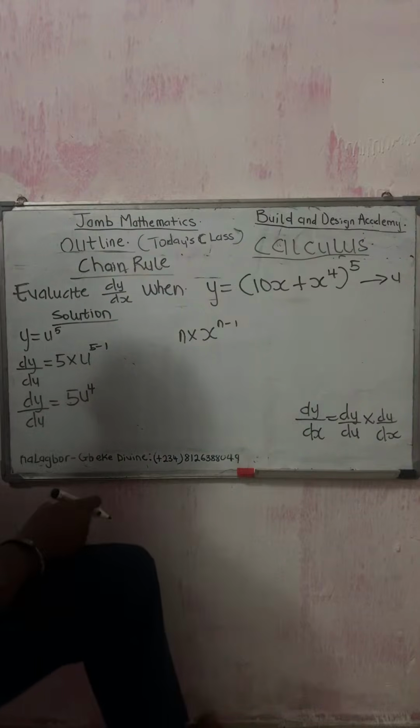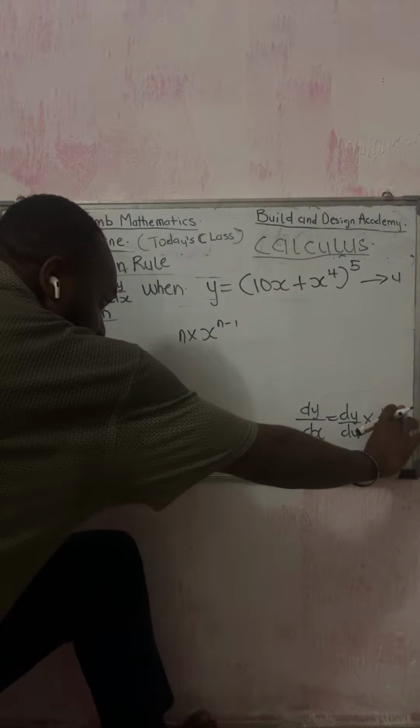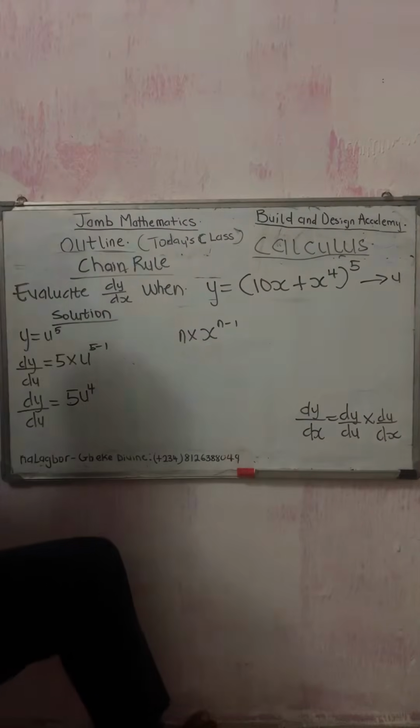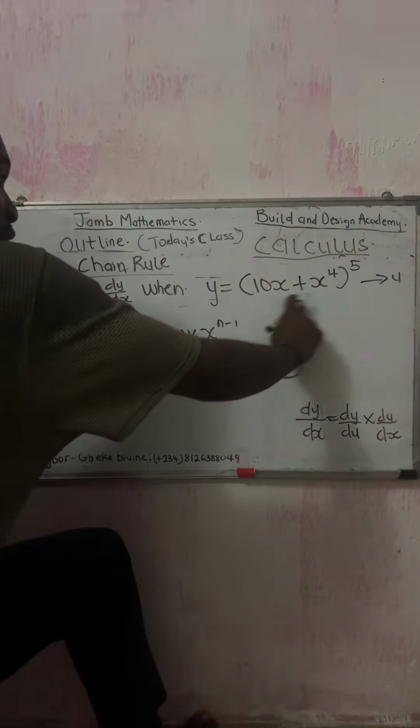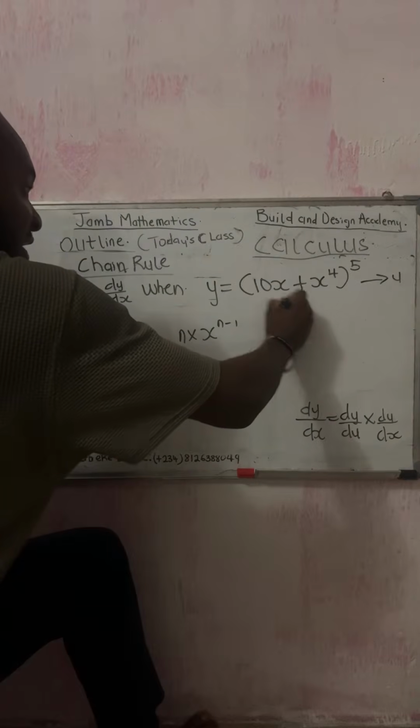Next up, we will look for du over dx. Now, we said that u is equal to everything inside this bracket, that is